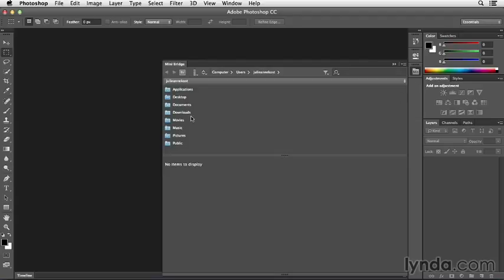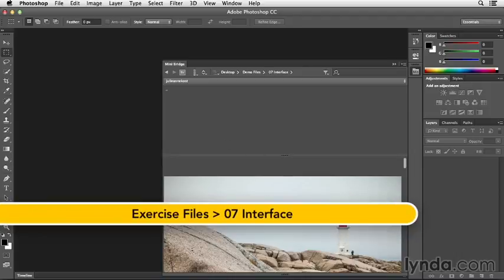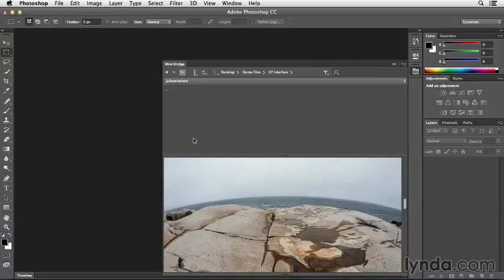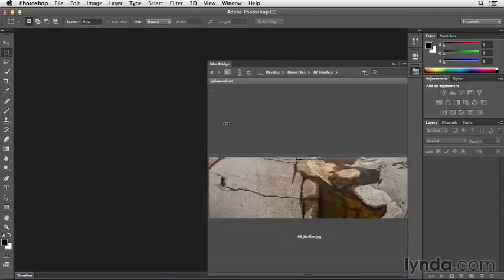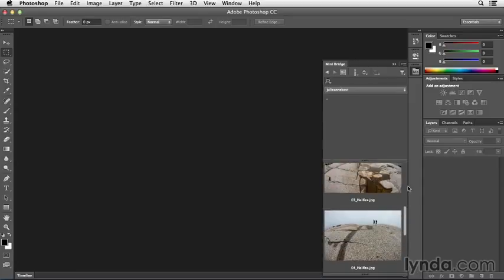to the left. Here I can navigate to my desktop, double-click, and then double-click on Demo Files, and then double-click on Interface in order to see the contents of that folder. Now my thumbnails are really large right now, and although I can scroll through them, I think I'll make the panel a little bit smaller by positioning my cursor right at the left-hand edge of the panel and then dragging over towards the right. Now we can see that my thumbnails are smaller and it's much quicker to scroll through